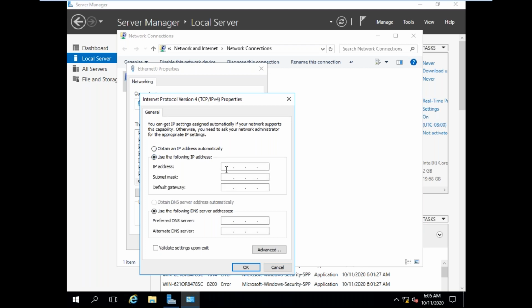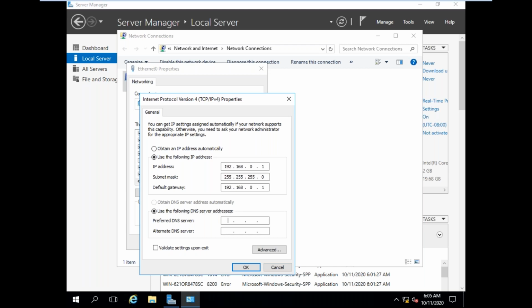So select use the following IP address. Now give the IP address. I am giving a 192 C class IP address, 192.168.0.1, C class private range. The default gateway is not there, but if you want to give it, you can give the same IP address, 192.168.0.1.